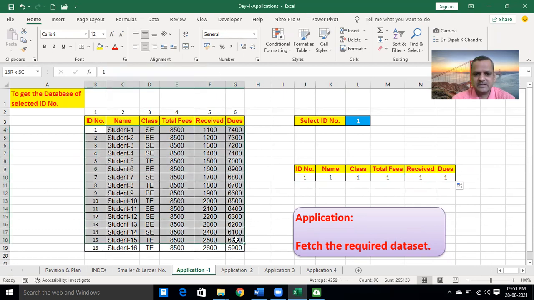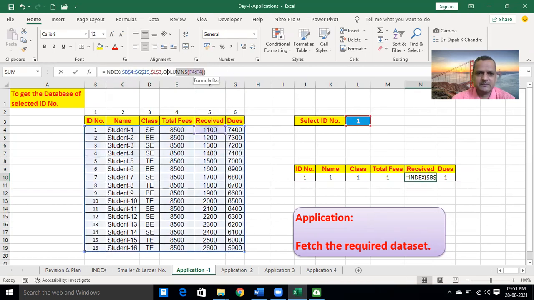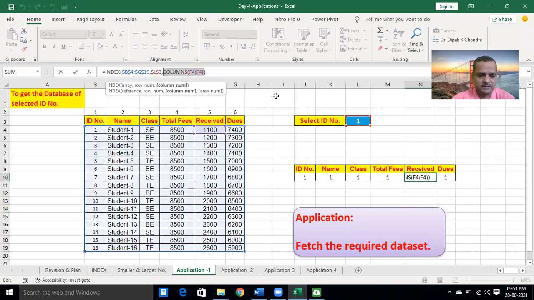As per this table, received means column number 5th. But see, this column number represents... If we select this formula and press the F9 key, see the value is 1. It means the first column. But we don't require the first column, we require the 5th column as fee received.